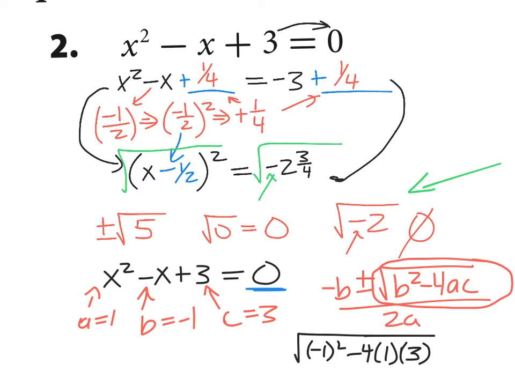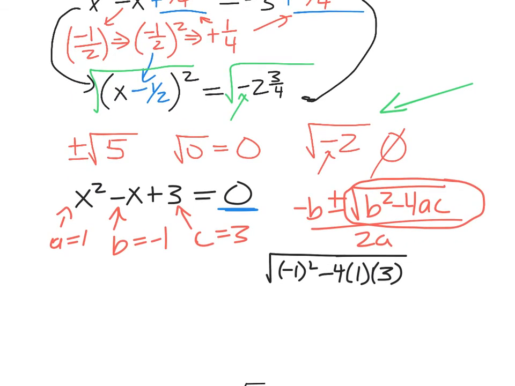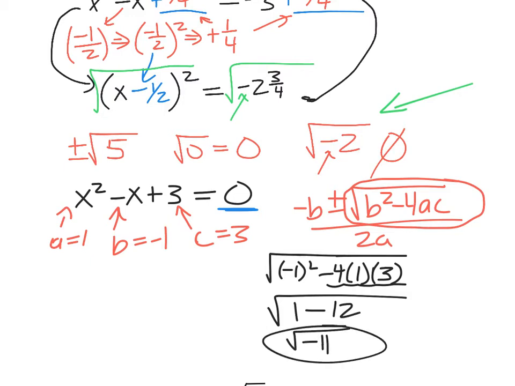I'll slide this up a little bit. So if we simplify that, we get square root, that's 1. If we multiply all this, that's minus 12. Which is square root of -11, and because that's a negative, you can't take the square root,